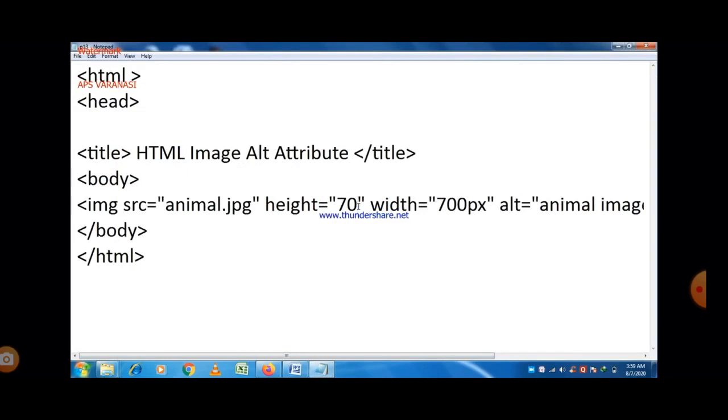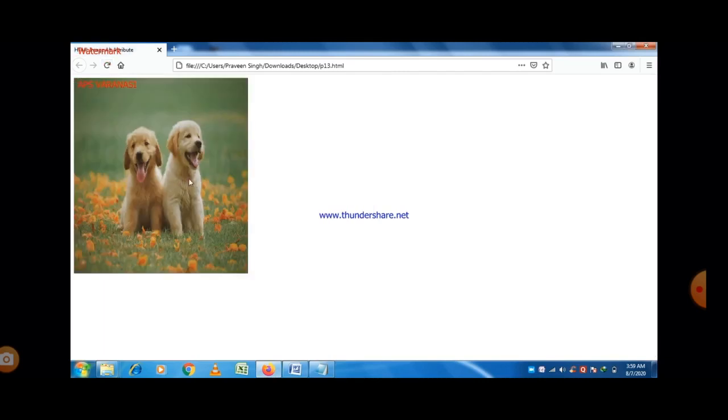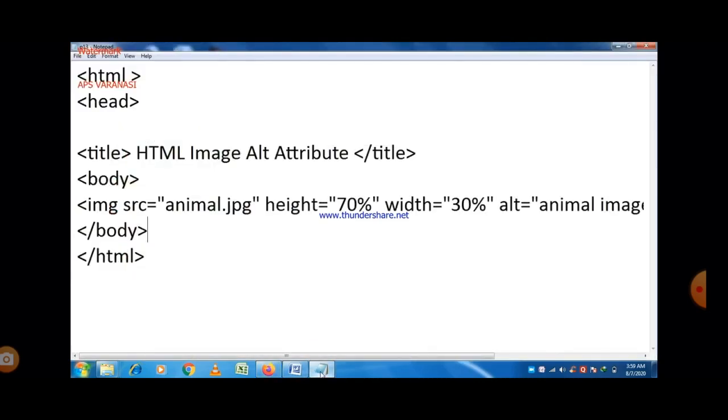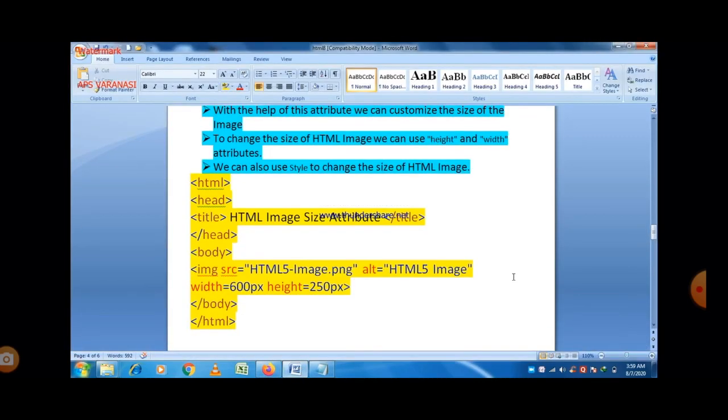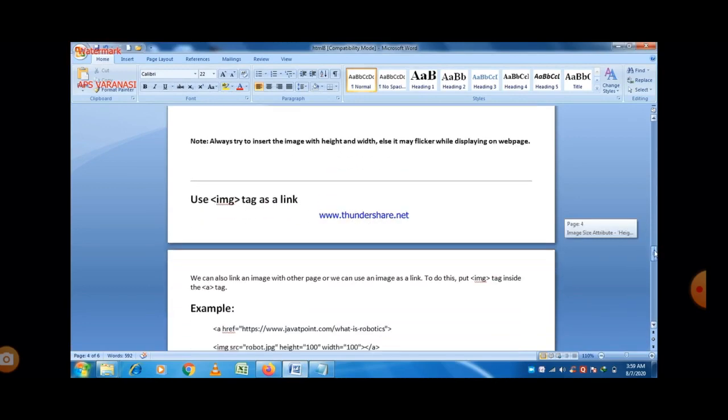And 70 percent means the size of the screen is 100, and we just take 70% of height here, and let us take 30% of width, total width. Just save the program, refresh the web page. You can easily see that. So you can use this program and put different height and width.